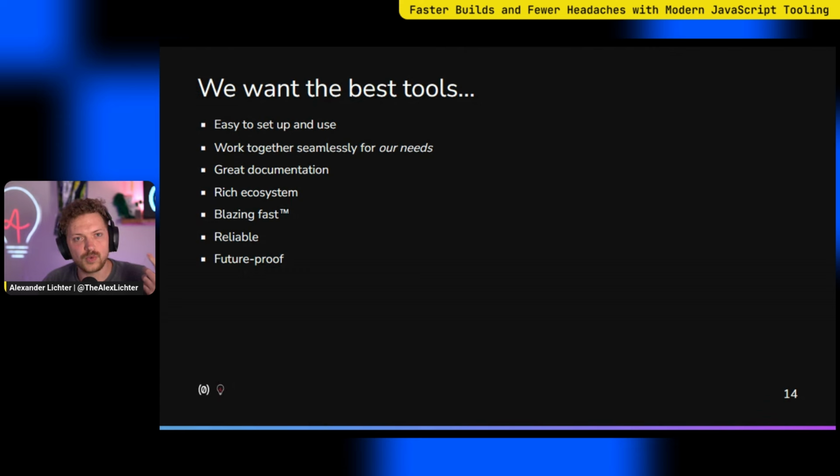Future-proof as well. We don't want to switch our tools out every couple weeks, days, or months. I know with frameworks it might be different, but well, we shouldn't. And of course, to have a rich ecosystem, they should also be extensible and adaptable, so we can make them fit our needs once again. And maintenance is also a point, well maintained, etc., etc. There are a lot of words that we can say.